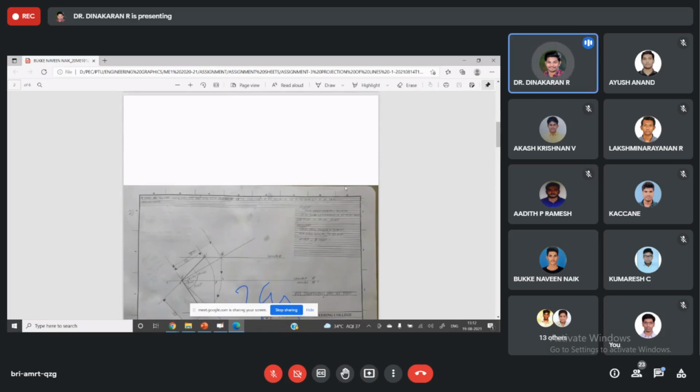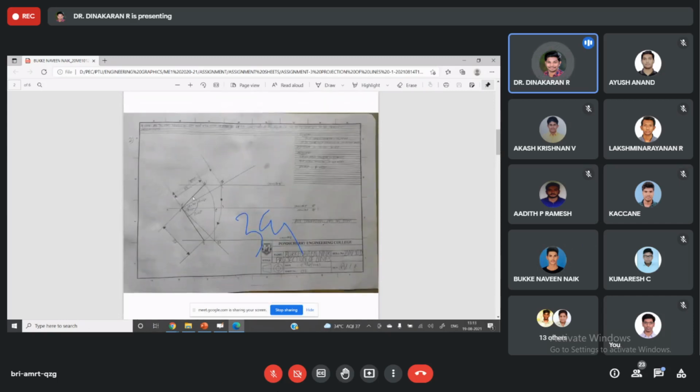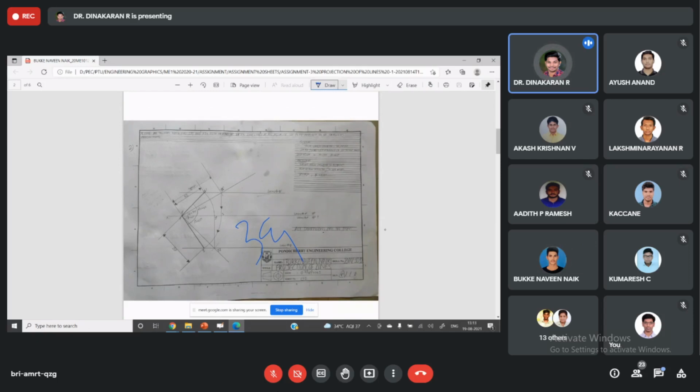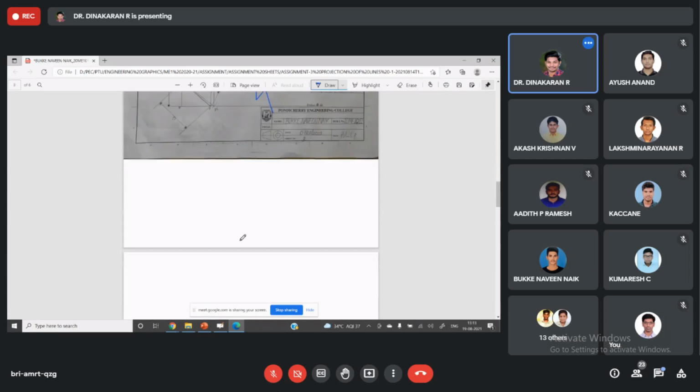Okay, you draw a thin line. For the given, no need to write with the lines. For the question, you need to write in a thin line. And don't mark mm and all. Here all dimensions are in mm, no? You need to mark the dimension like that, 65, upward only. Okay, sir. Any other?